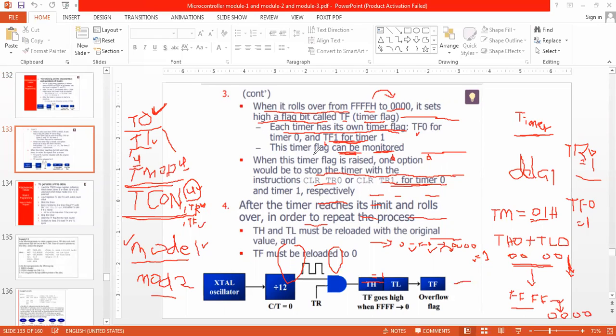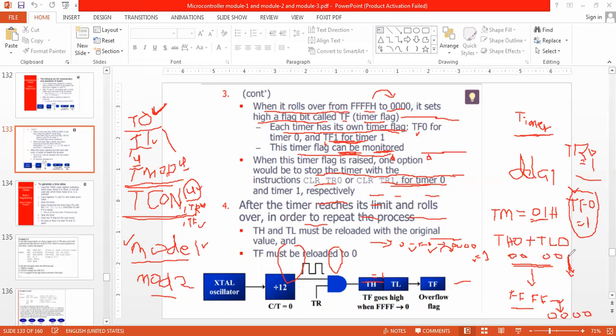This timer flag can be monitored. As it is going automatically equal to 1, we should monitor TF0, because we should come to know whether the overflow has occurred or not. Why do we need to monitor TF0? I said TF0 is like a watchman.